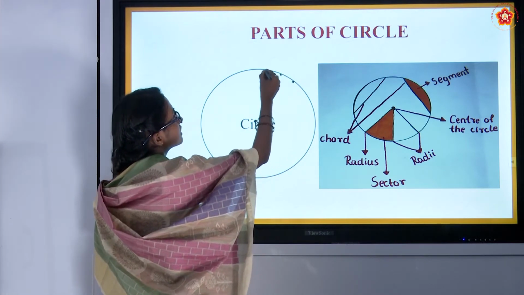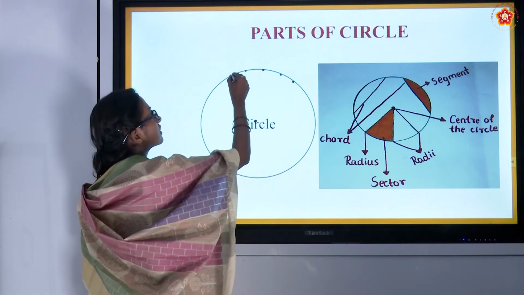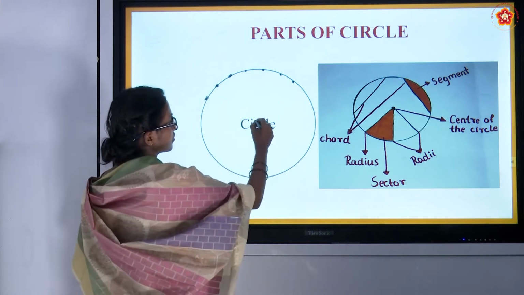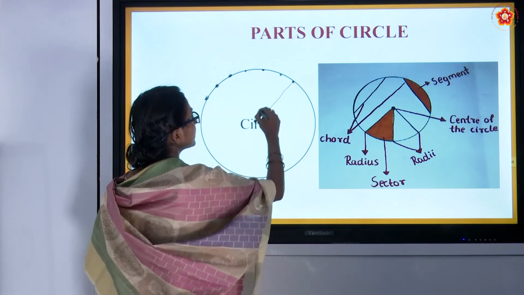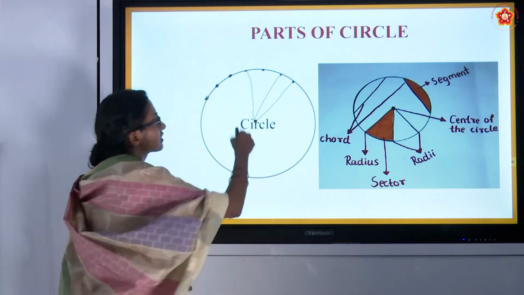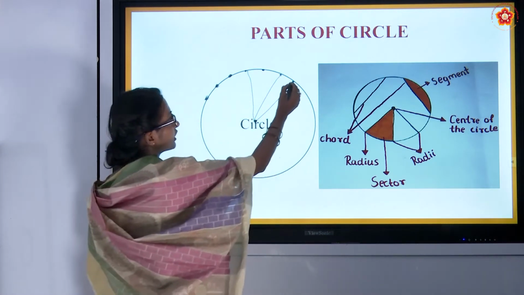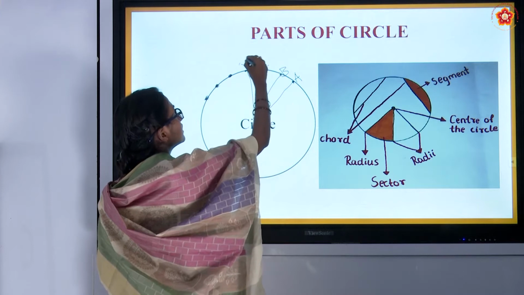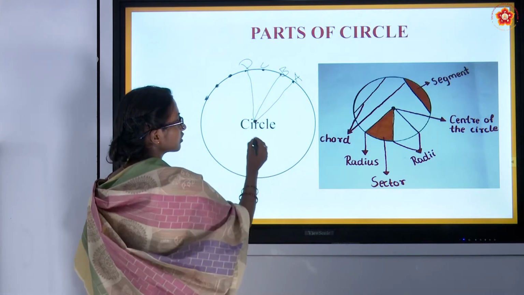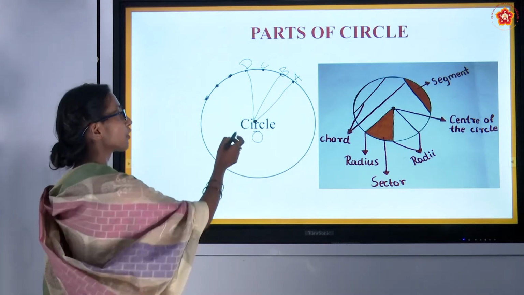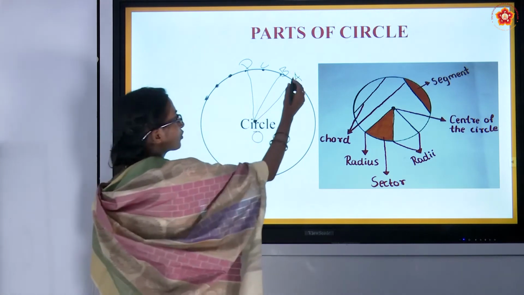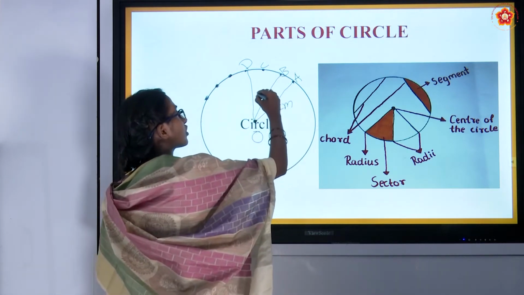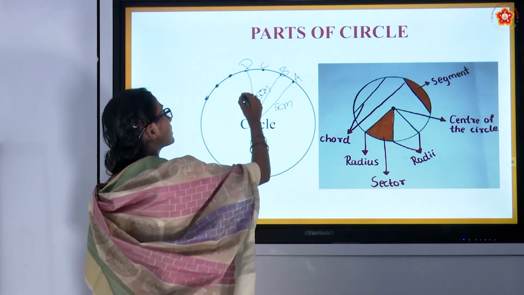These are points on the circle. Fine. Points on the circle. From the center of the circle to each point, it will have the same distance. Means from this point to this point, consider it as A, B, C, D. Let the center of the circle be O. Let's name the point as O, center of the circle. From O to A, if it is 5 centimeter, then obviously O to B will also be 5 centimeter. O to D will also be 5